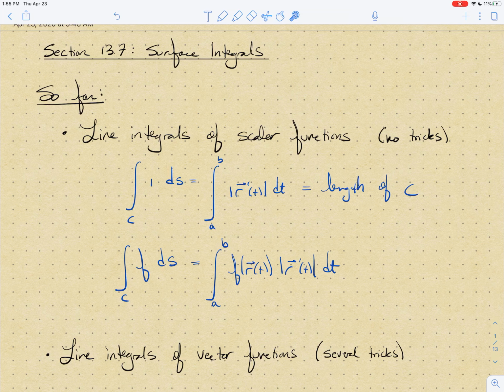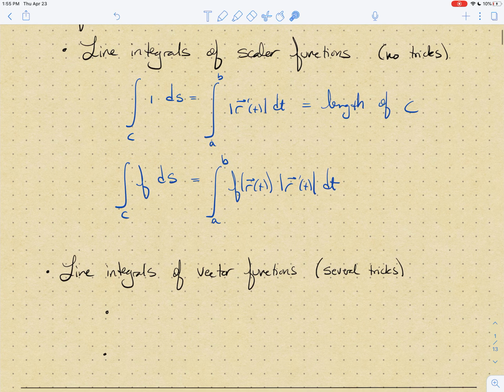I want to point out that when we talked about line integrals of scalar functions, there were no tricks. When you're integrating a scalar function, you always plug in and multiply by the length of r prime. However, when you're working with line integrals of vector functions, it's a similar formula. We'll see the formula later, but there are tricks. It's the line integrals of vector fields where the tricks come into play. For example, the fundamental theorem of line integrals, and